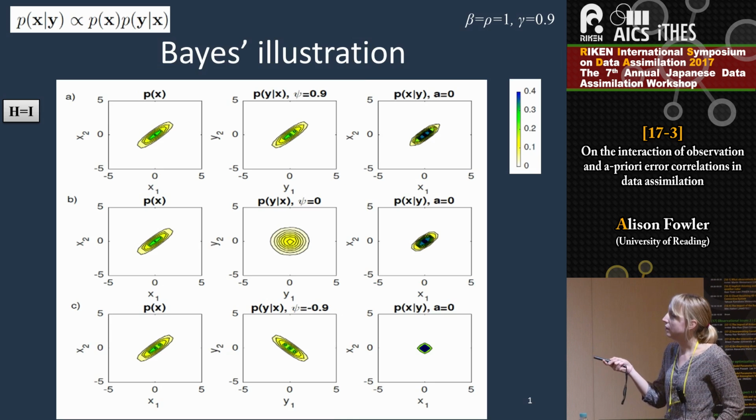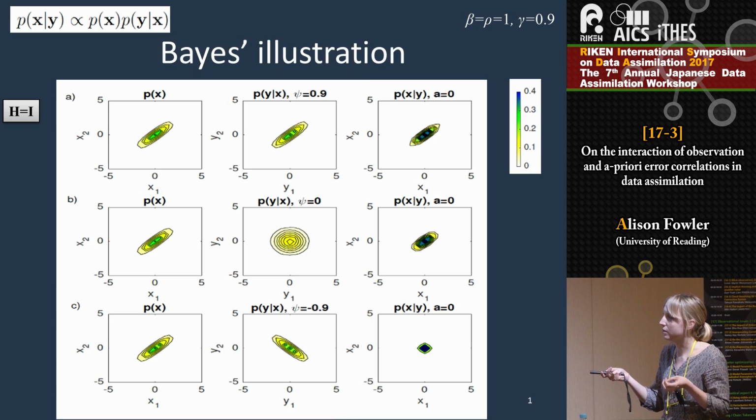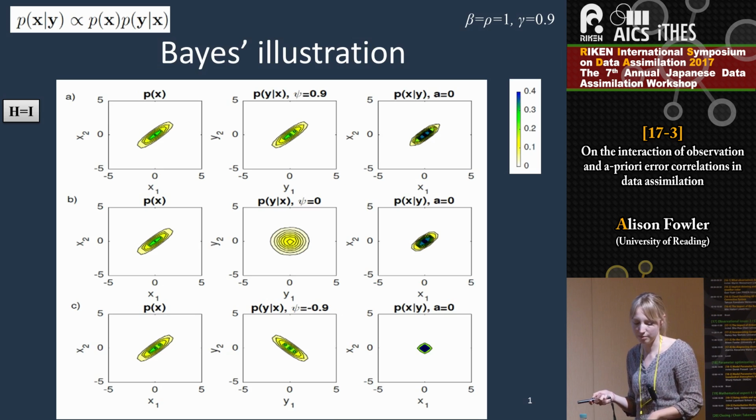What you see quite clearly is that as the correlation structure in your prior and your likelihood become more and more different, the analysis error variance quickly reduces. We can understand this in terms of the scales that each piece of information is telling us about. Because we've got positive prior error correlations, the prior has a lot of information about small scales, but less about the large scales. Whereas the observations tell us more about the large scales, but less about the small scales. That combination gives us the most accurate analysis and the smallest region of uncertainty.